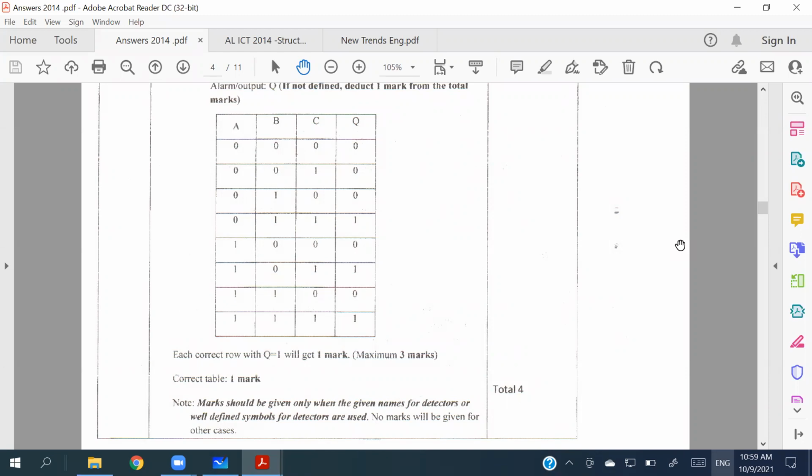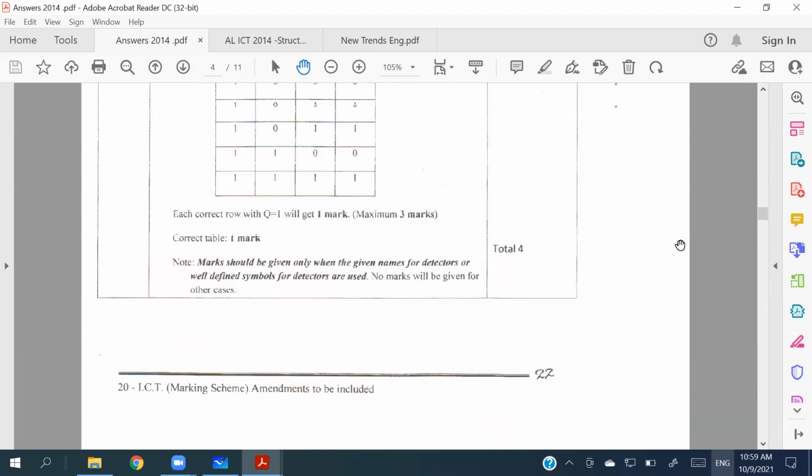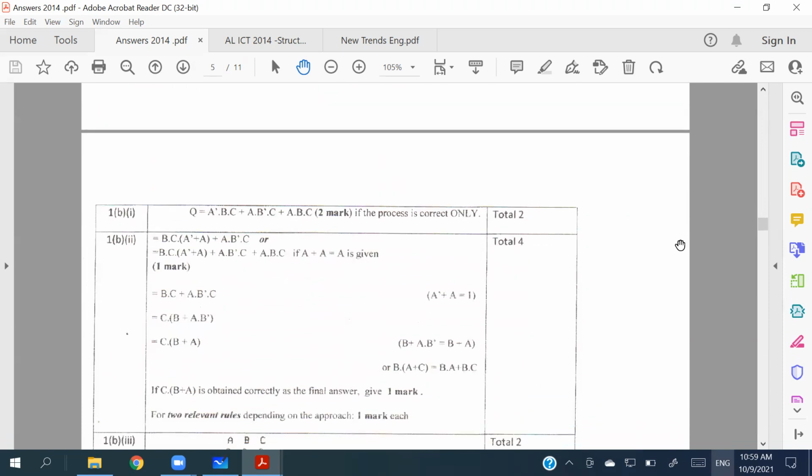Right. So moving forward, they're asking you to derive a particular expression. They haven't said specifically whether it is a SOP or a POS one. It says derive the Boolean expression to represent the truth table constructed in the section above. So you can have a SOP or a POS, it doesn't matter. Having a SOP is easy, because there are only three terms, so writing three terms is lazy, but still you can go for the POS as well. Did anyone write the POS? If so, we can talk about it.